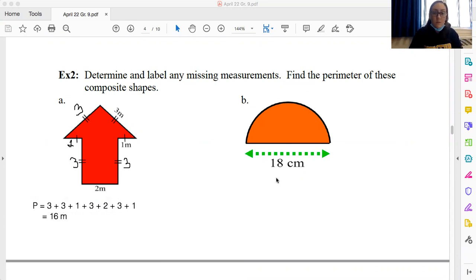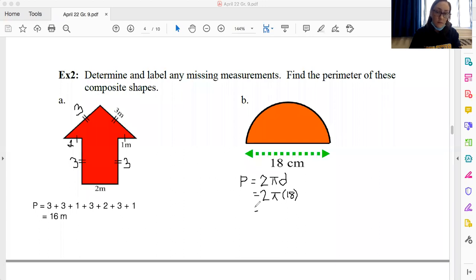For a circle, the perimeter is a tad bit different. There is a formula if you look at your formula sheet. For a circle, it is 2 pi the radius or the diameter. So this time you don't need to divide the diameter to find the radius. Okay. So then if you do 2 times pi times 18,